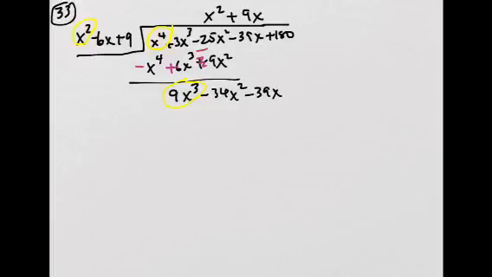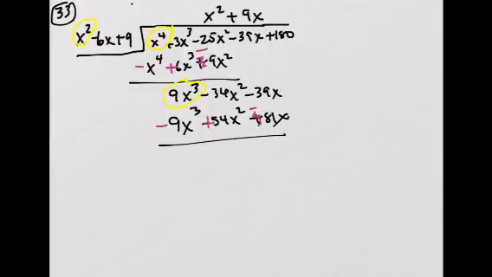So you multiply 9x by this polynomial over here. So 9x by this whole polynomial. So 9x cubed minus 54x squared plus 81x. Now we subtract, which is adding the opposite. Okay. So we get,